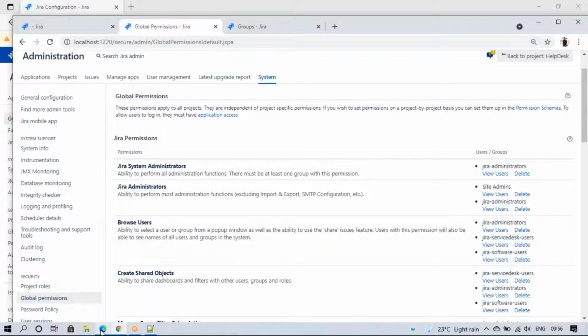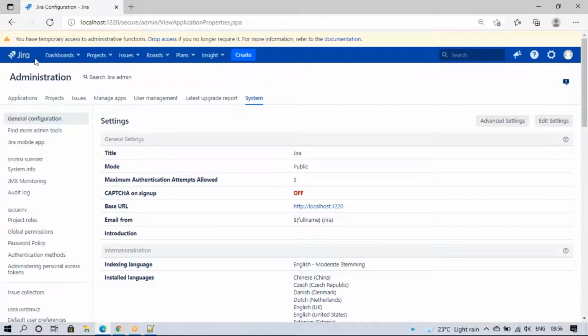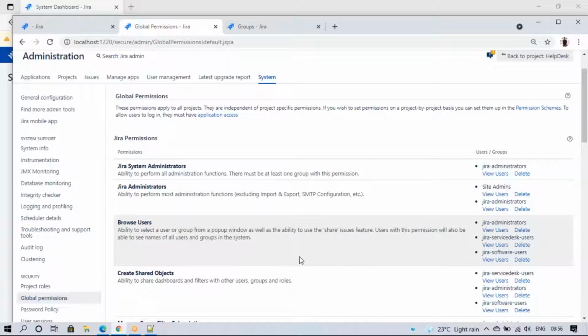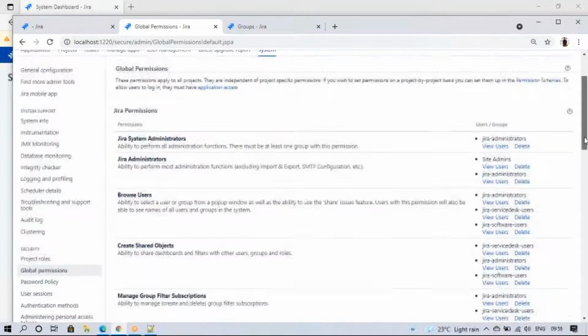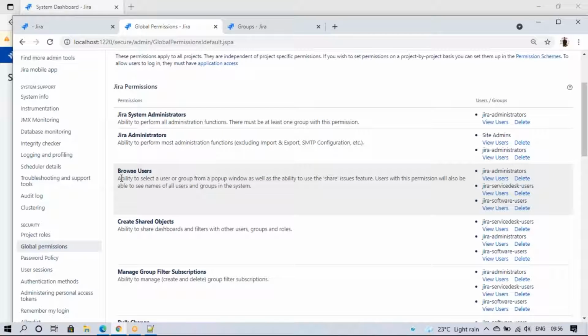Okay, and next, browse user permission. What does browse user permission mean? Suppose when we're creating an issue, we can browse the users and assign to someone. For example, the ability to select a user or group from the pop-up window, as well as the ability to use the share issue feature.